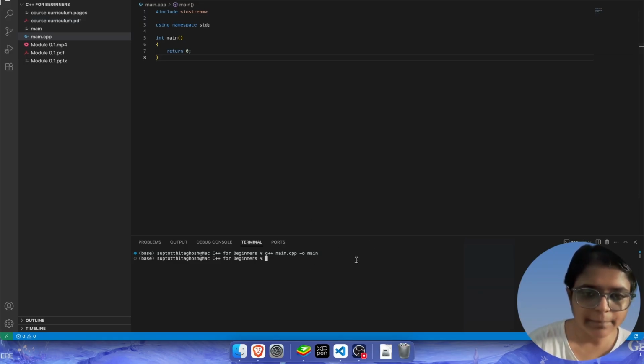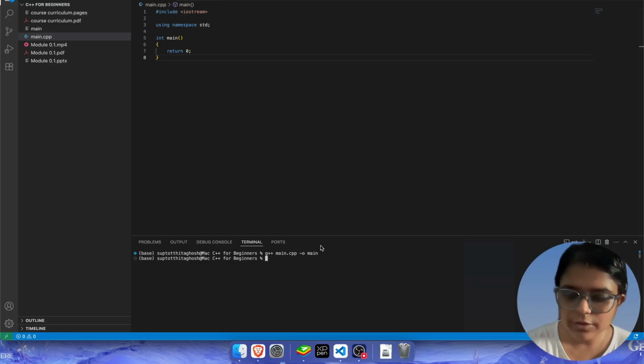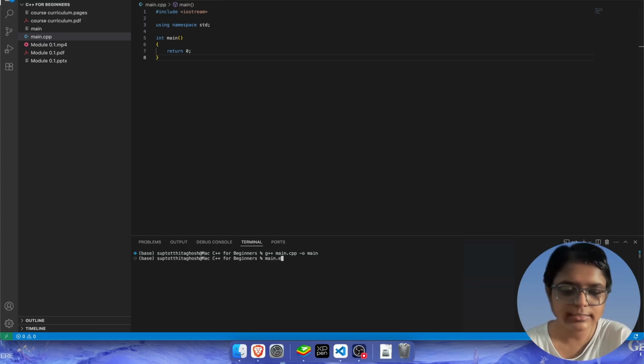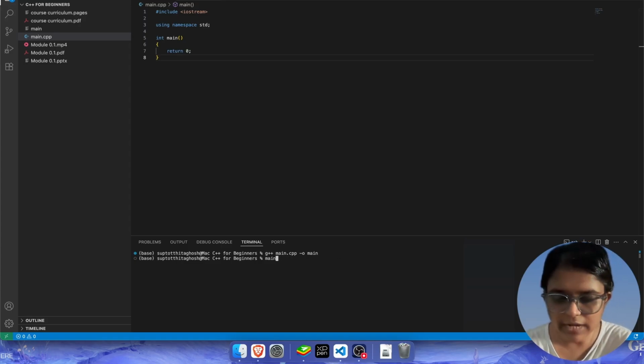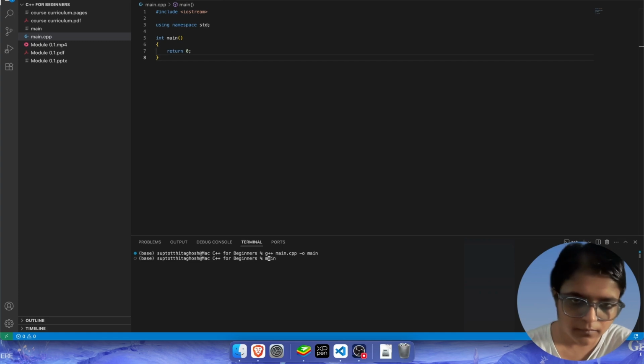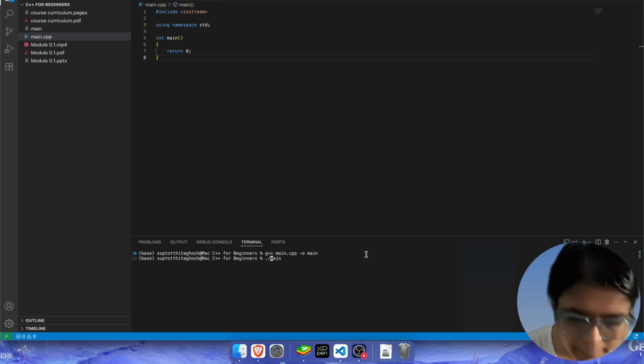I'll explain the compiling command after we finish running. So for running, in case you are using a Windows machine, this is the command you have to go for: main.exe. This is for Windows only. And if you're using Linux or Mac, you will have to type dot backslash main.